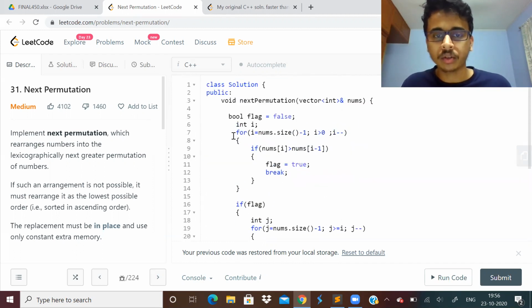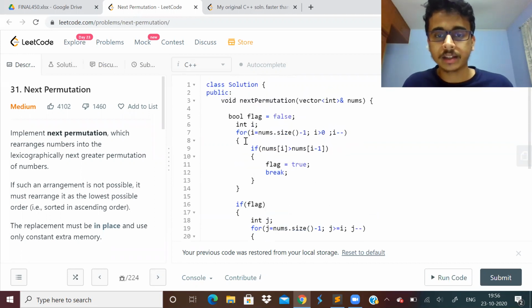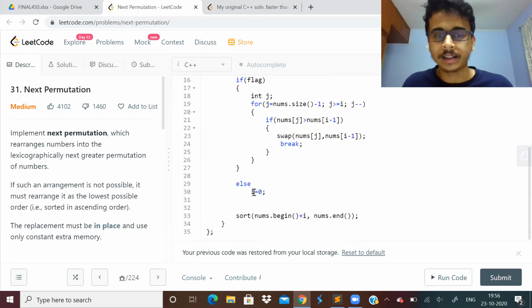But we have to return nothing, since the return type is void. We have to sort the array at the end, but the sorting will be from index i. If there is no such element that satisfies this condition, we will make i as 0.